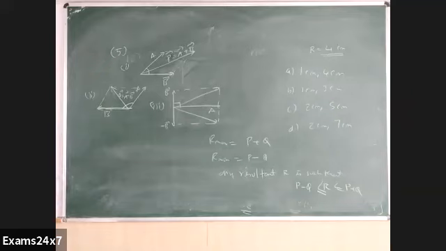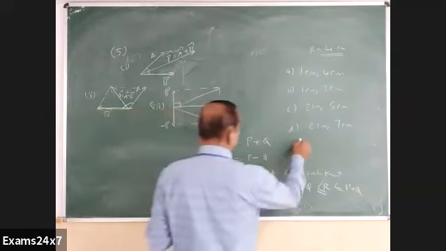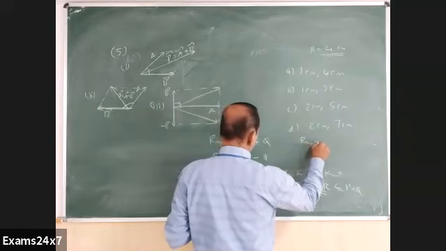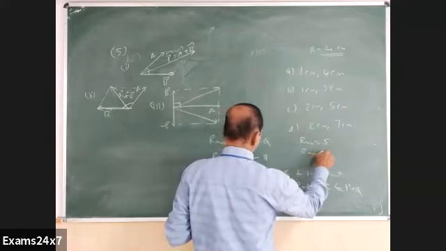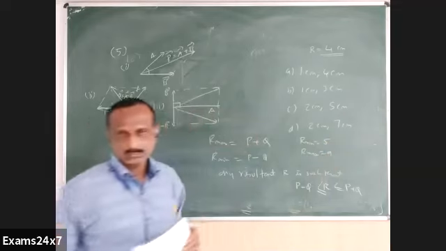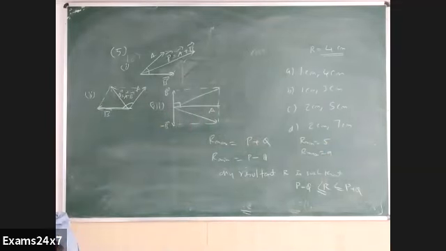That is satisfied. Taking the last one, 4. Is it between 5 and 9? No. So only 4 as a resultant is not at all possible. Here the minimum resultant is 5. Maximum is 9. So 4 cannot be the resultant at all in the fifth case. Therefore option D is the right one here.